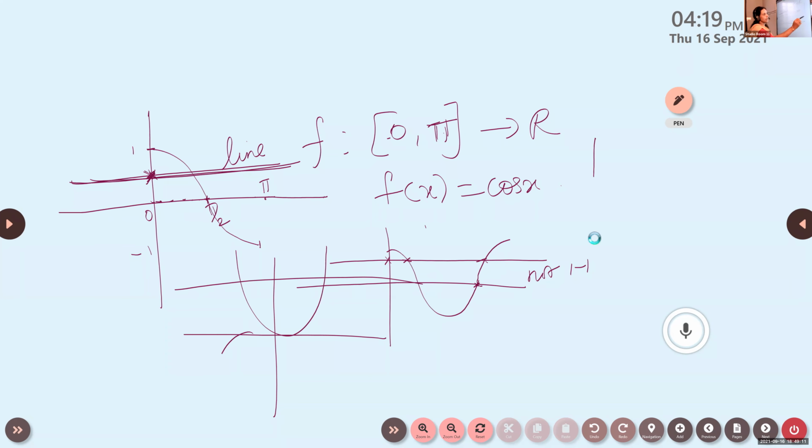If it is a straight line, a linear curve, if you draw a line, surely it will cut at 1 point. So that is why we say linear is 1, 1. Along with that, you have to check the domain. One you can check like this, drawing the curve, and checking at how many points it cuts. From that you can give the answer. Okay. Now look at the next one.